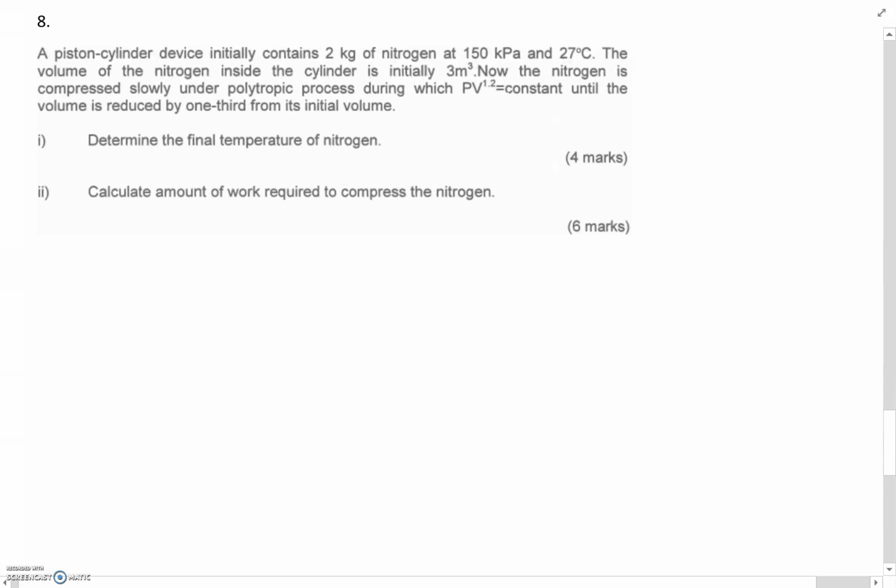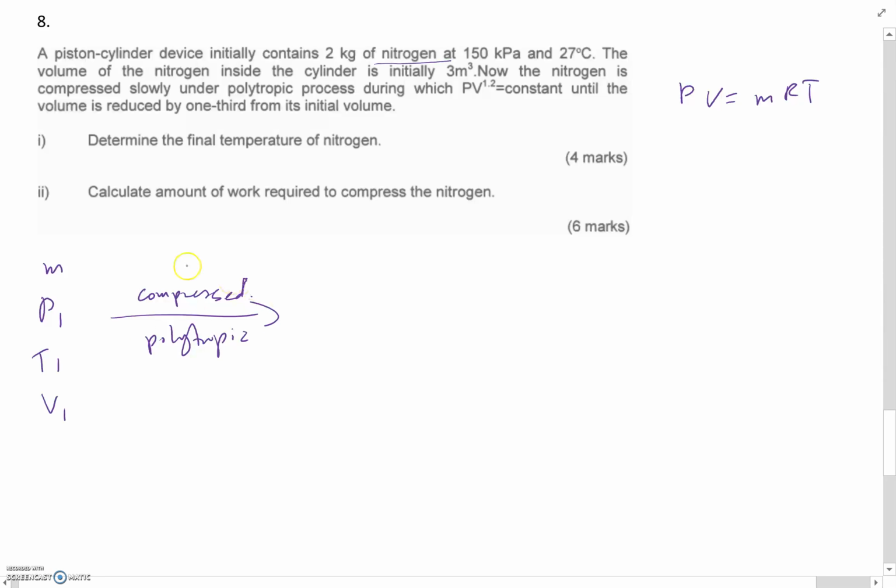Question number 8. A piston cylinder device initially contains nitrogen. So everything is about PV equals mRT. What you have is M, P1, T1, and V1. The volume of the nitrogen inside is initially 3 meter cube. Now the nitrogen is compressed slowly, under polytropic process,